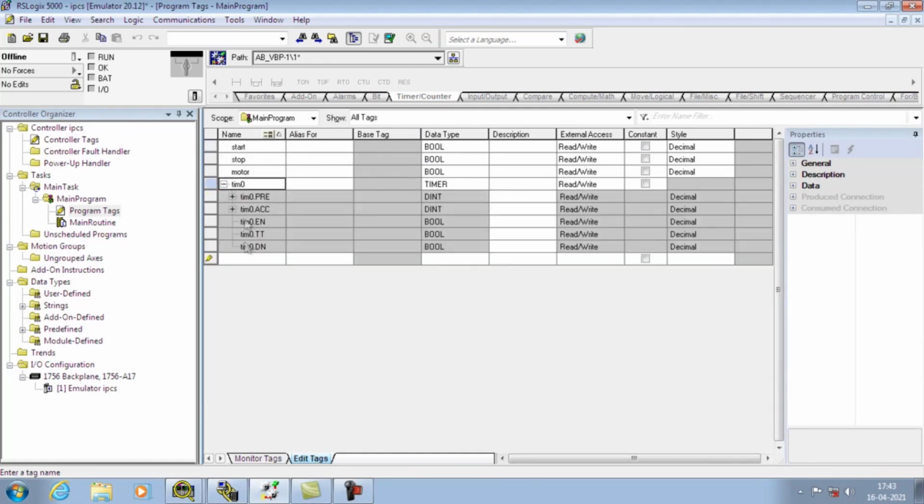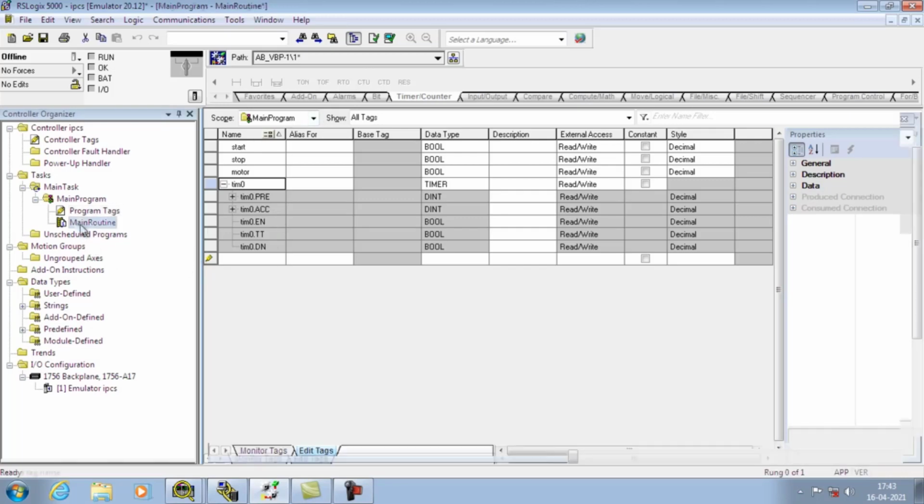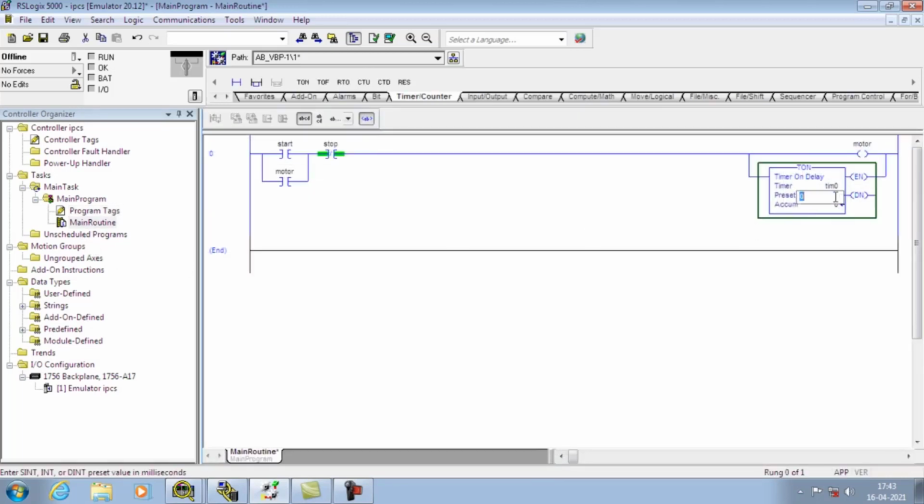You can see there are other memories automatically created: a double integer memory location for preset, another double integer memory location for accumulator, and enable, TT and done bits. So this timer is a 1 millisecond timer. So if I want 5 seconds, I have to enter 5000 here.